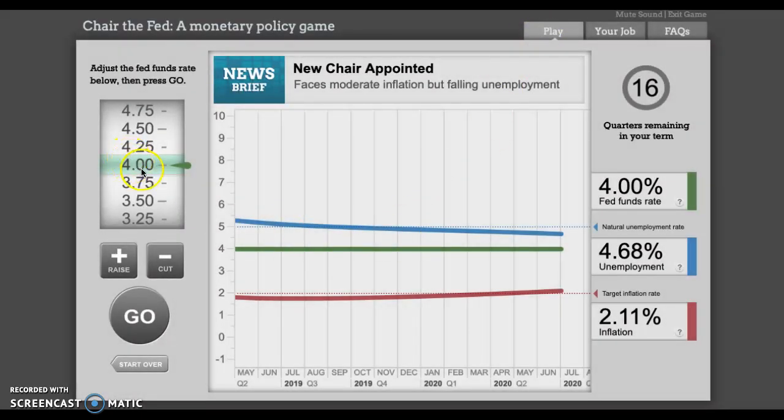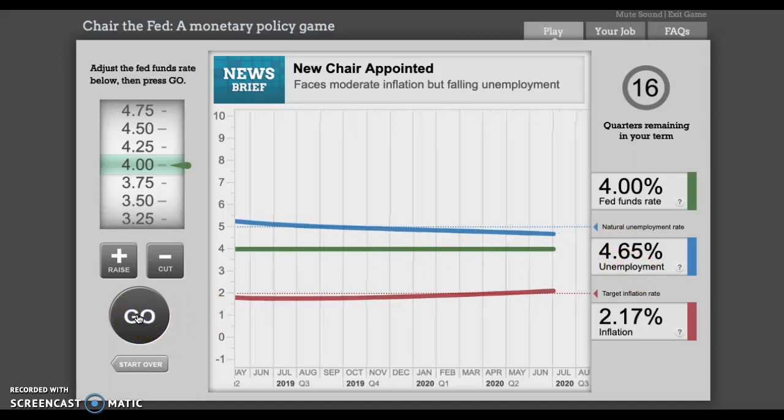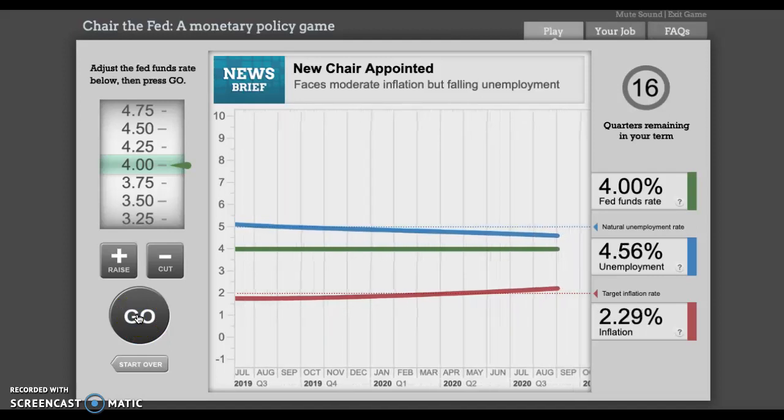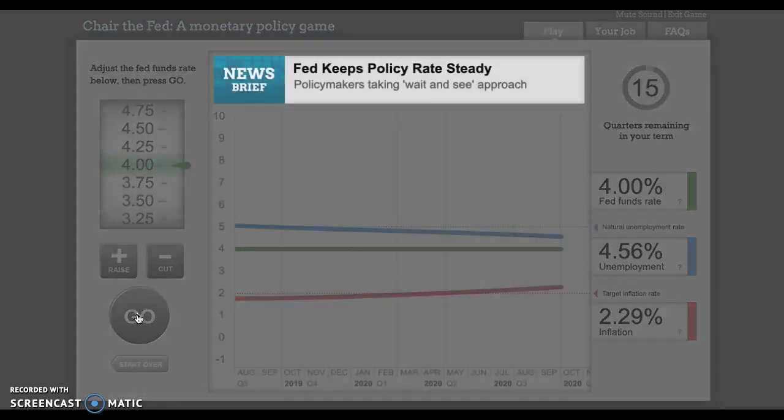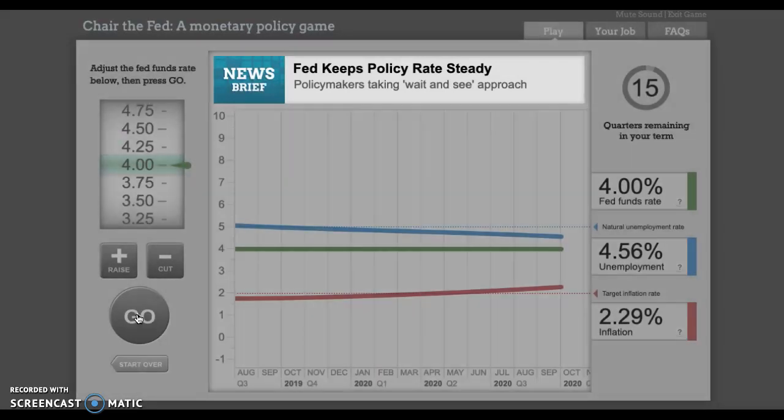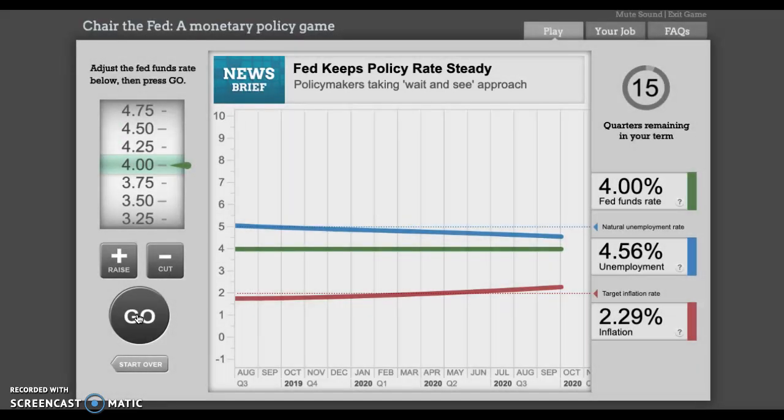So right now the federal funds rate is at 4%. You're the newly appointed chair. You face moderate inflation. It's at 2%, so it's not too bad because the target is 2%. Unemployment is a little low. We could even start by just keeping it at 4% and see what happens. So the Fed keeps the policy rate steady, the policymakers taking a wait and see approach. What is happening? The inflation went a little higher. Unemployment is also